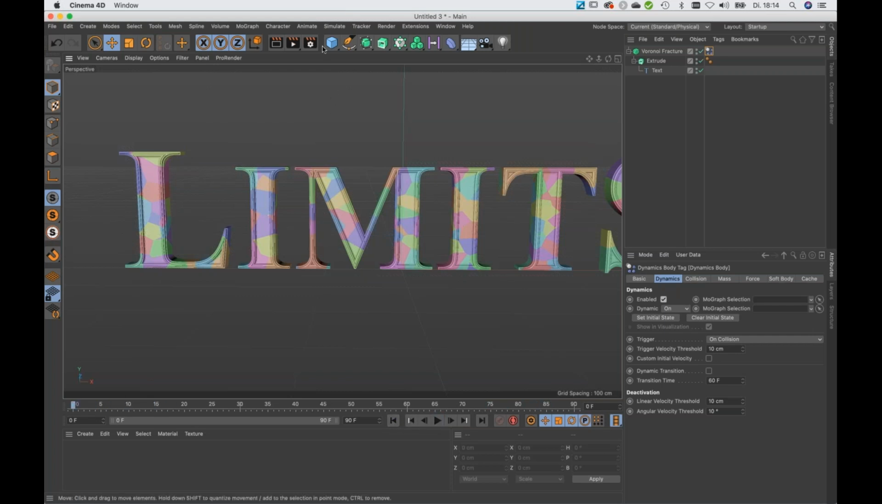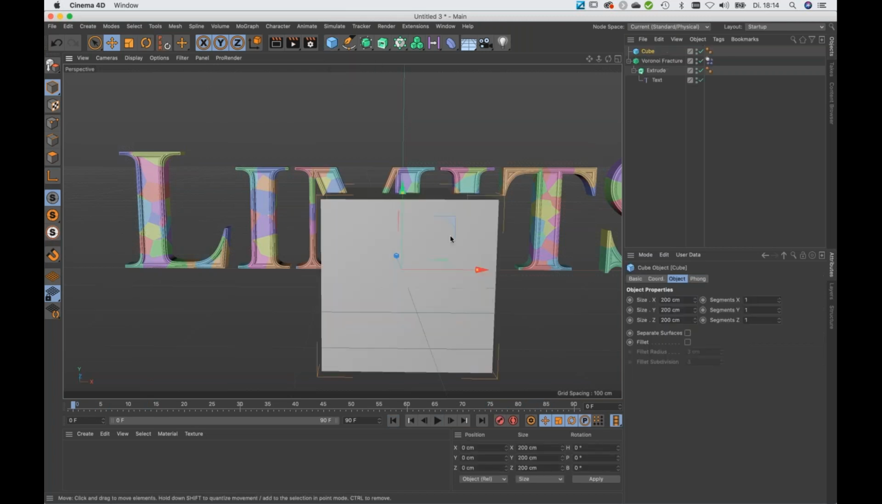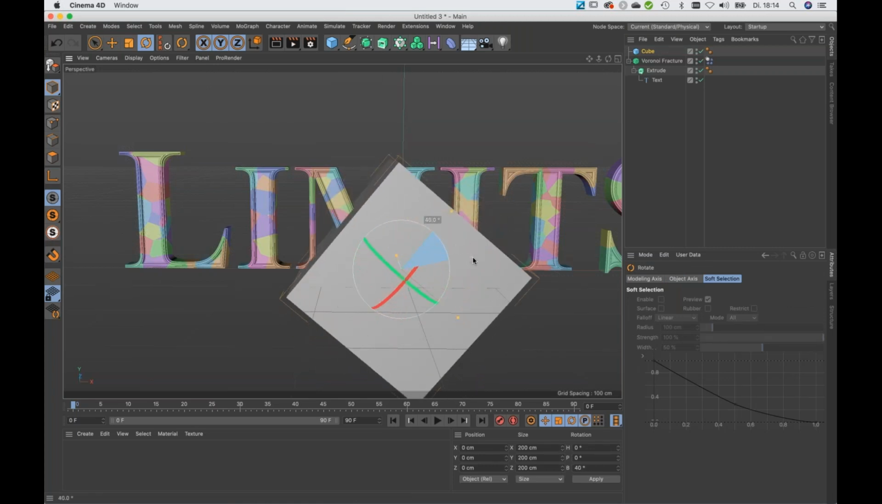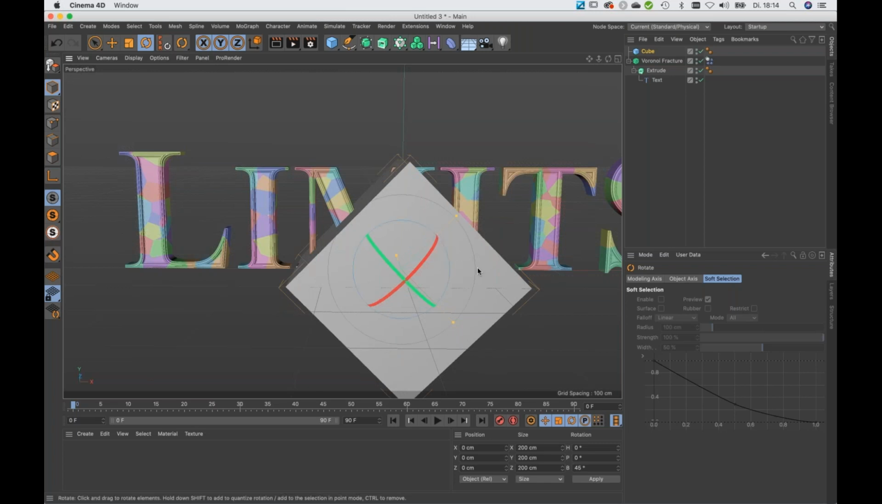So what we need is an object to collide with, and I'm going to use a cube for that. Just as simple as that. I'm going to rotate it by 45 degrees. Once you hold down Shift, the rotate tool will snap to 5-degree angles, and then I'm going to go back to the Move tool and hit this button here, because this will switch between the local axis and the world axis, as